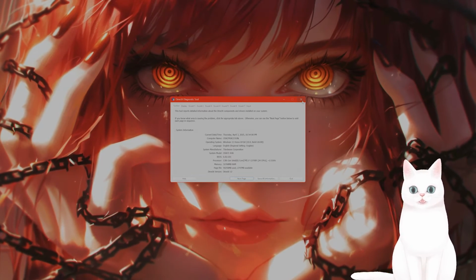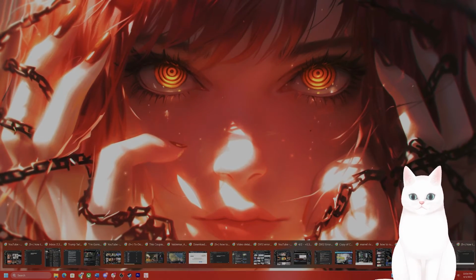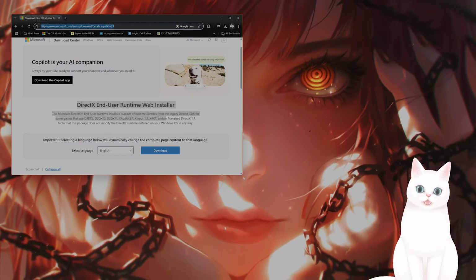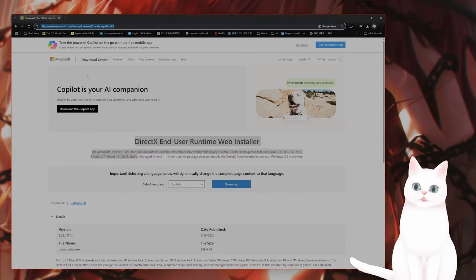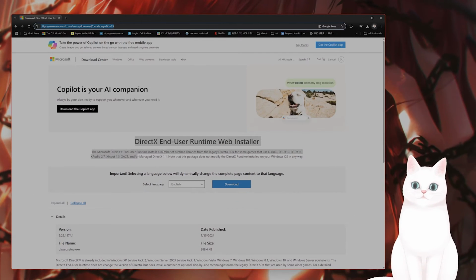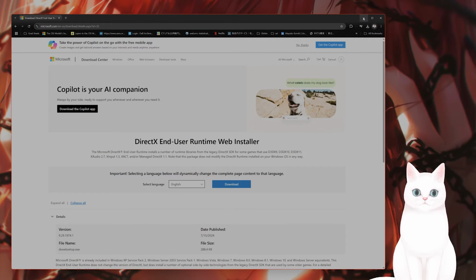If you do not, and even if you do, I would recommend downloading DirectX 12 from their website. I'll put a link in the video description below, but you will see a page from the official Microsoft website. You will see this, select your language, click download and install it, and then reboot your system to see if